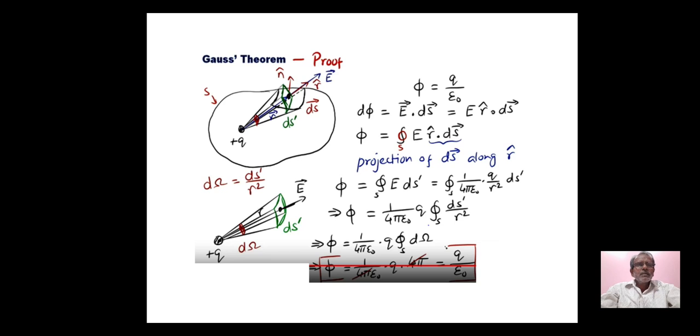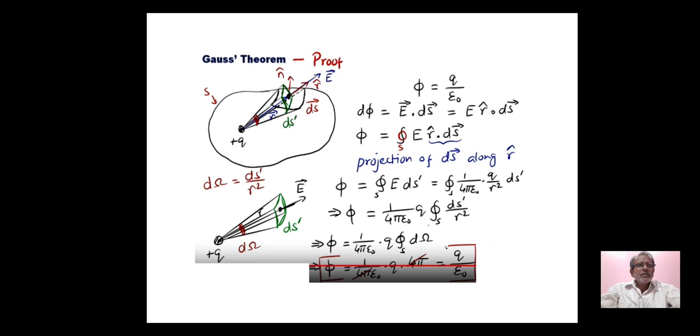Now, since electric field intensity at a point at a distance r from point charge q, lying on the surface element ds, is equal to 1 by 4 pi epsilon naught q by r square, flux phi over the surface S may be written equal to 1 by 4 pi epsilon naught q integral over ds prime by r square,